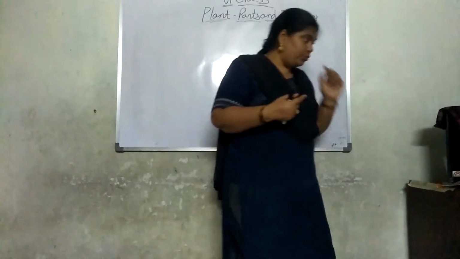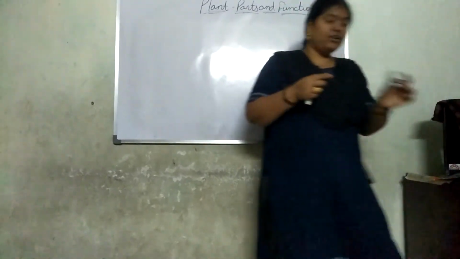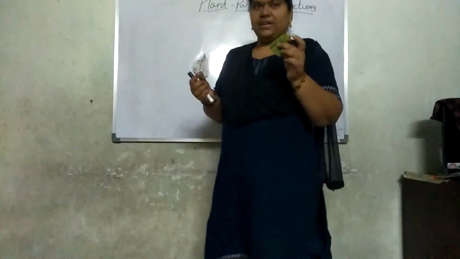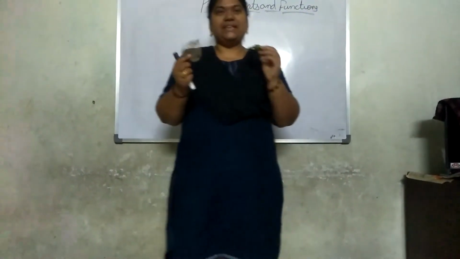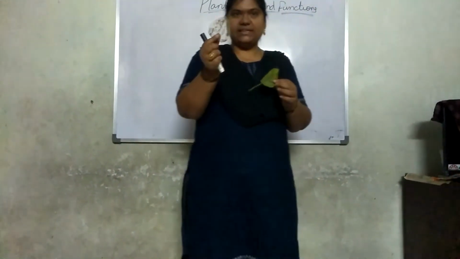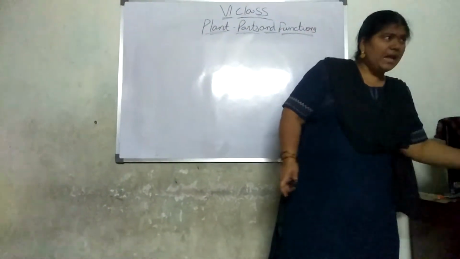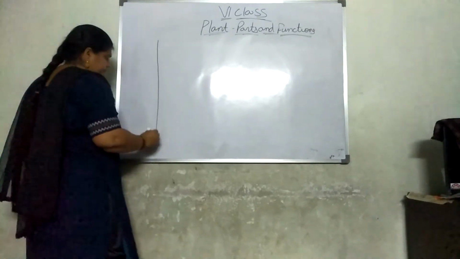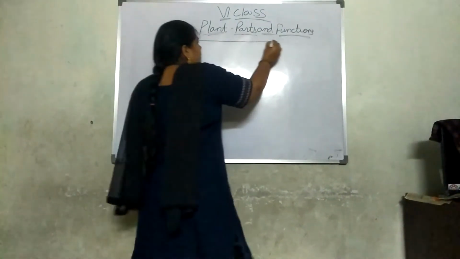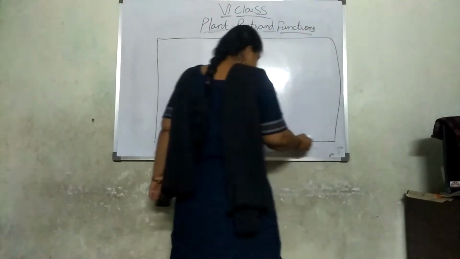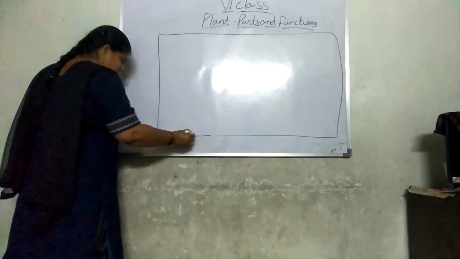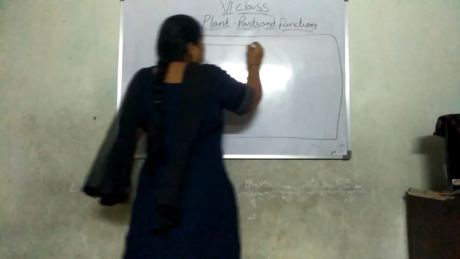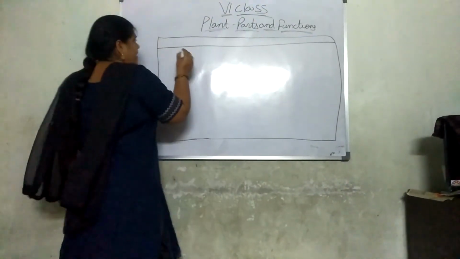Yesterday I showed you the skeletal part of the leaf and also the main part of the leaf. It has dried up now, so you can see the main part of the leaf and the skeletal part of the leaf. Now let us draw a tabular form which was given in our textbook. In the same way, we are going to take the 5 plants we took before and see whether they have all these parts or not.